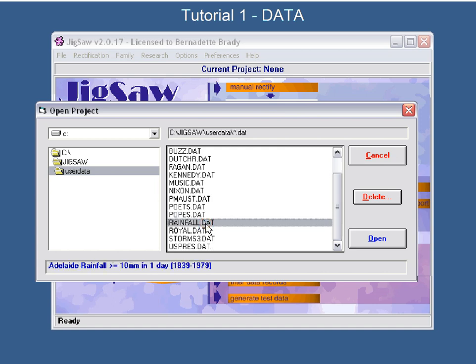Now, this is one that's absolutely riveting for all of you. I know you're just hanging out for this particular set of data. Graham Dawson, the other side of Jigsaw, we did it together, he has a PhD in meteorology. And so this is the rainfall in Adelaide. He imported this data from the Bureau of Meteorology, from 1839 to 1979: every day, the date where more than 10 millimetres of rain fell. It's an example in working with research and weather data, because this is example data.